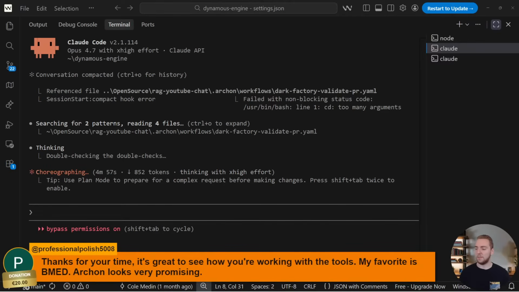I assume you meant BMAD, which is a very impressive AI coding framework, and something that I've definitely taken inspiration from, taking some of those ideas for my own process for AI coding. So when you're building Archon workflows to create something very custom for you, you don't have to ditch these other tools. You can take inspiration.